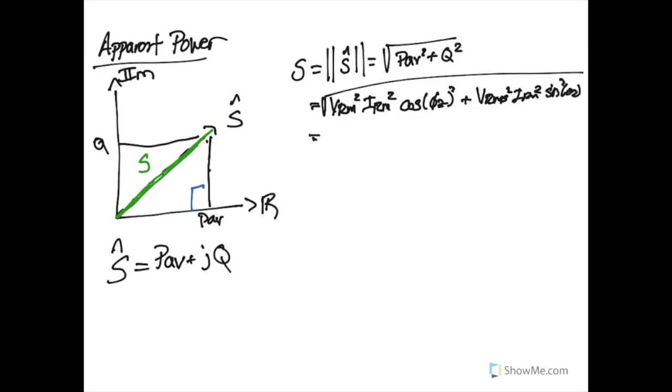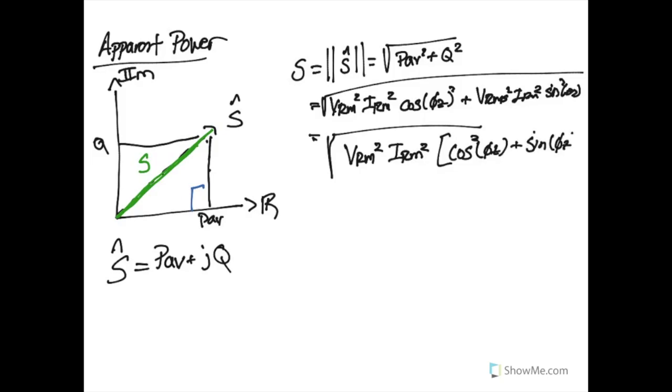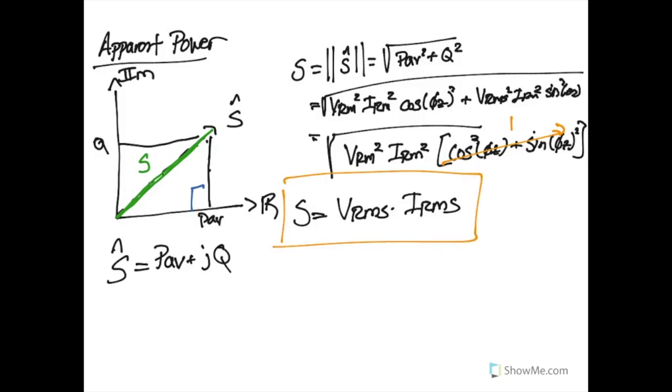When we can start to bundle things together, then we will have inside of our big square root V RMS squared I RMS squared, and then the cosine squared of this angle plus the sine squared of this angle, so our phi z angle here. And cosine squared plus sine squared, when you group them all together, ends up being 1. So our apparent power is simply V RMS times I RMS. Sorry, our apparent power. So our apparent power S is this value here, and the important thing to remember is